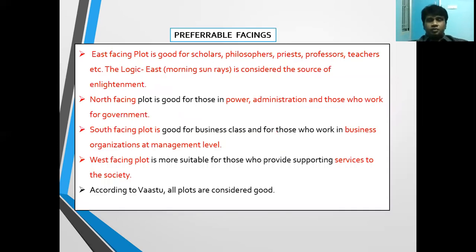So the preferable facing: the east facing is good and suitable for scholars, philosophers, priests, professors, teachers, etc., because the morning sunrise is the source of enlightenment. And also in module one, we have seen some scientific reasons why we have chosen the east facing plot. The brain activation in the east direction should be enhanced compared to the north side, south side, and the